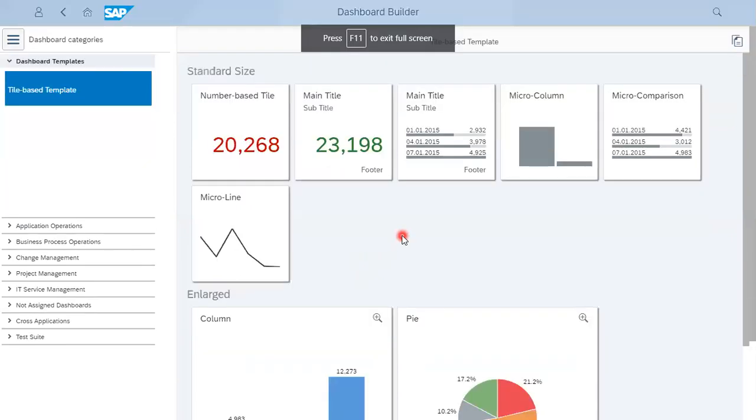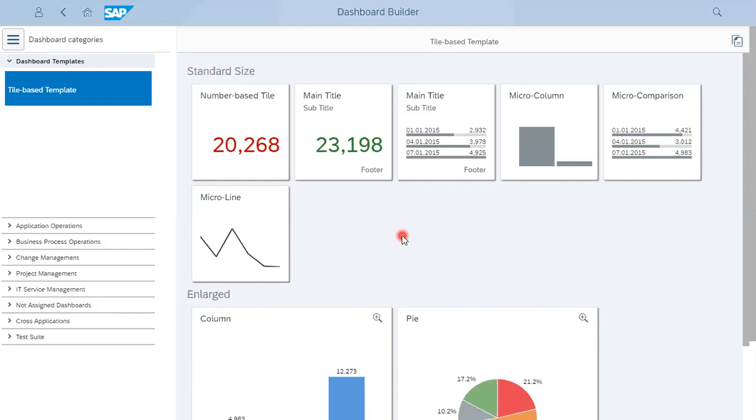This is the dashboard builder provided by SAP, and this dashboard builder gives you flexibility to create dashboard as per your requirement and as per your choice to show in a different way based on what you are trying to show in the system, and it is totally dependent on KPI catalog which is available in support portal.